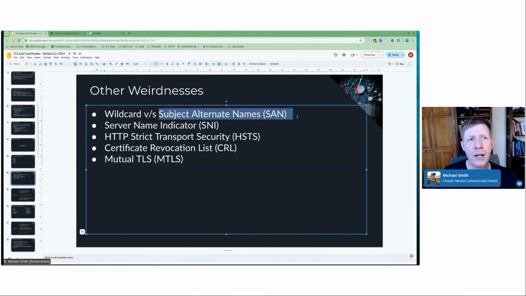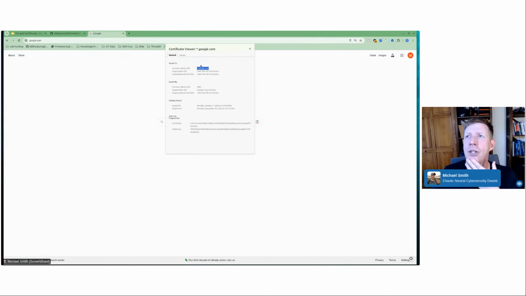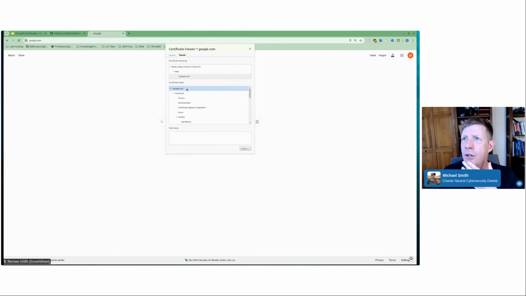There's another one out there called subject alternative names, and this certificate doesn't have it. You can go into the details. It might not have it. It's usually in the extensions. Subject alt... Oh, they do. Cool. So subject alternative names is what are the other host names or fully qualified domain names that this certificate applies to? And you can see, oh, they still have Google. They still have the wildcard for google.com. They've got